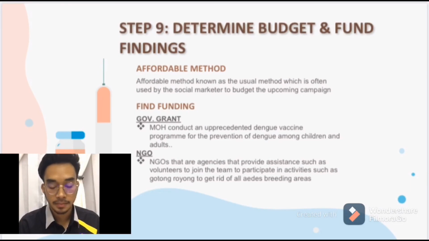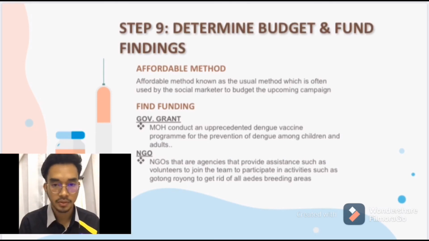Okay, for step 9, determine budget and fund findings. The budget method is the affordable method, known as a usual method, which is often used by social marketers to budget the upcoming campaign. Usually we use this method by looking at the previous budget and what others have done. So for the fund findings,